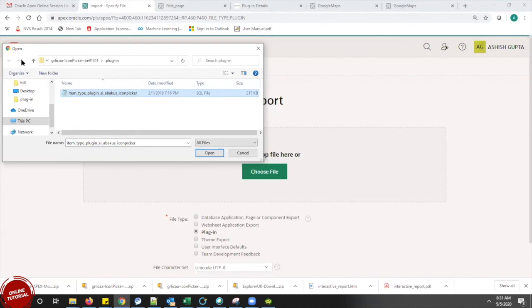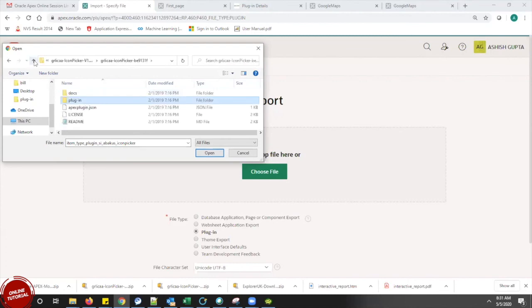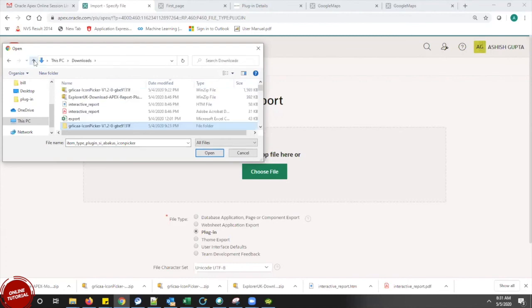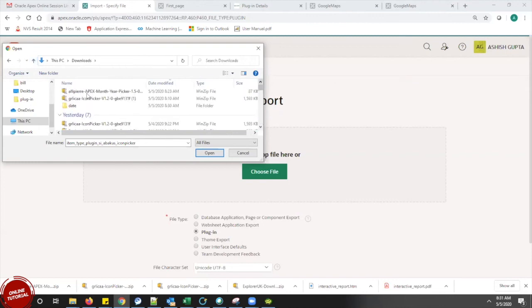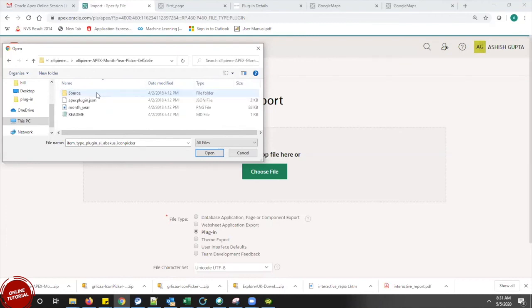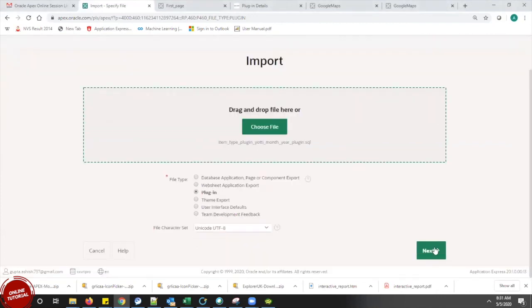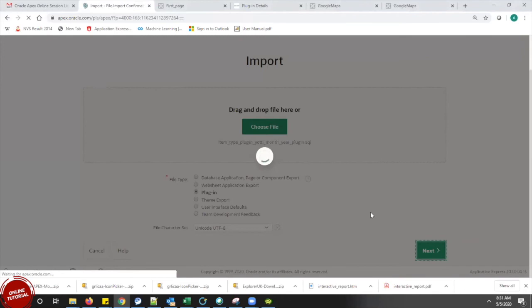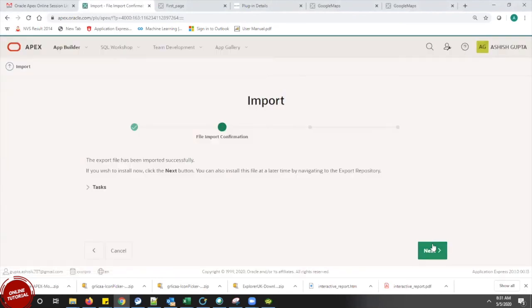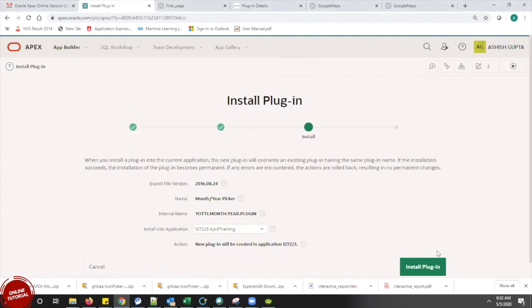There is a conflict, that is the icon picker. I installed my plugin into my application.